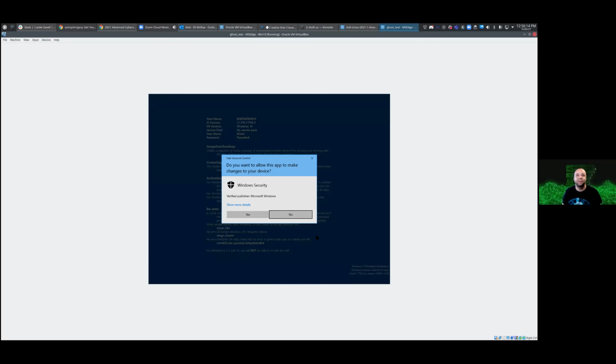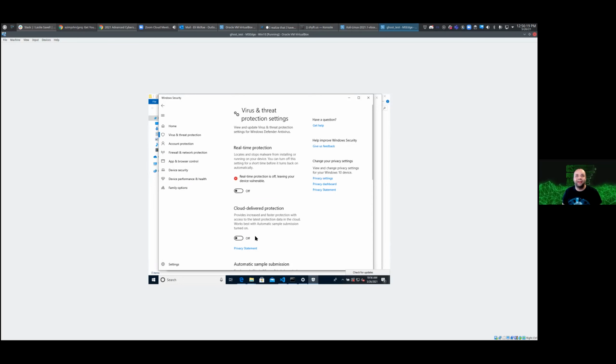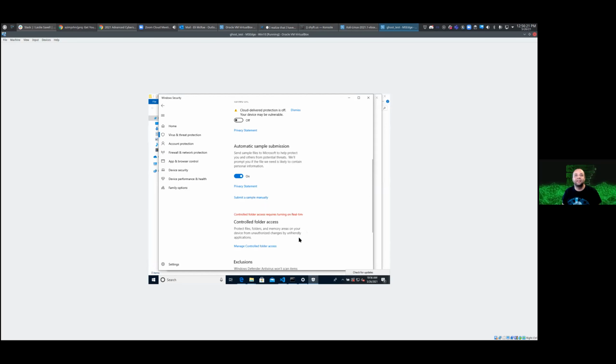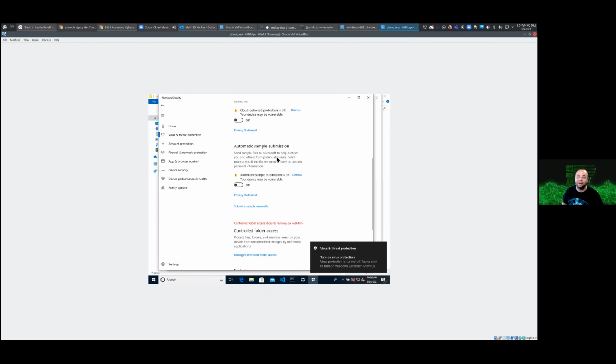Real-time protection. I want to disable it. I want to disable that because, why not? I want to disable automatic sample submission. That's useful if you're,